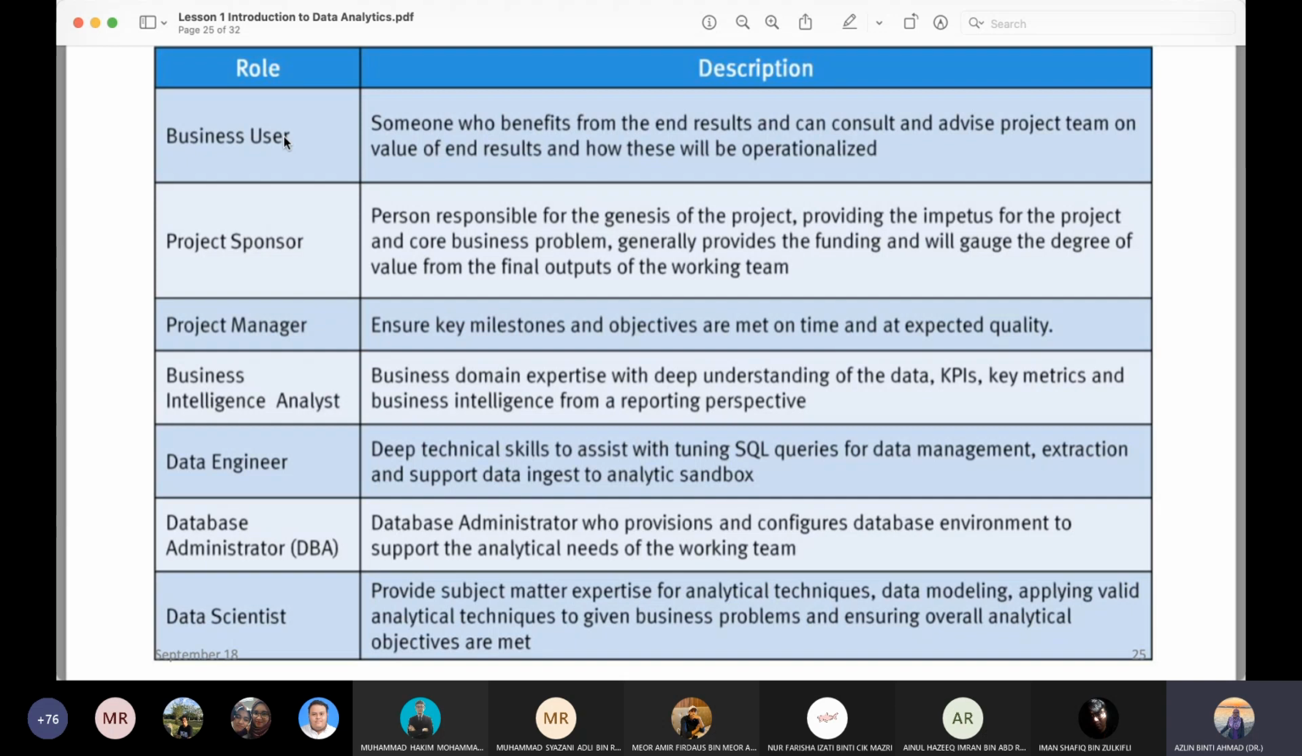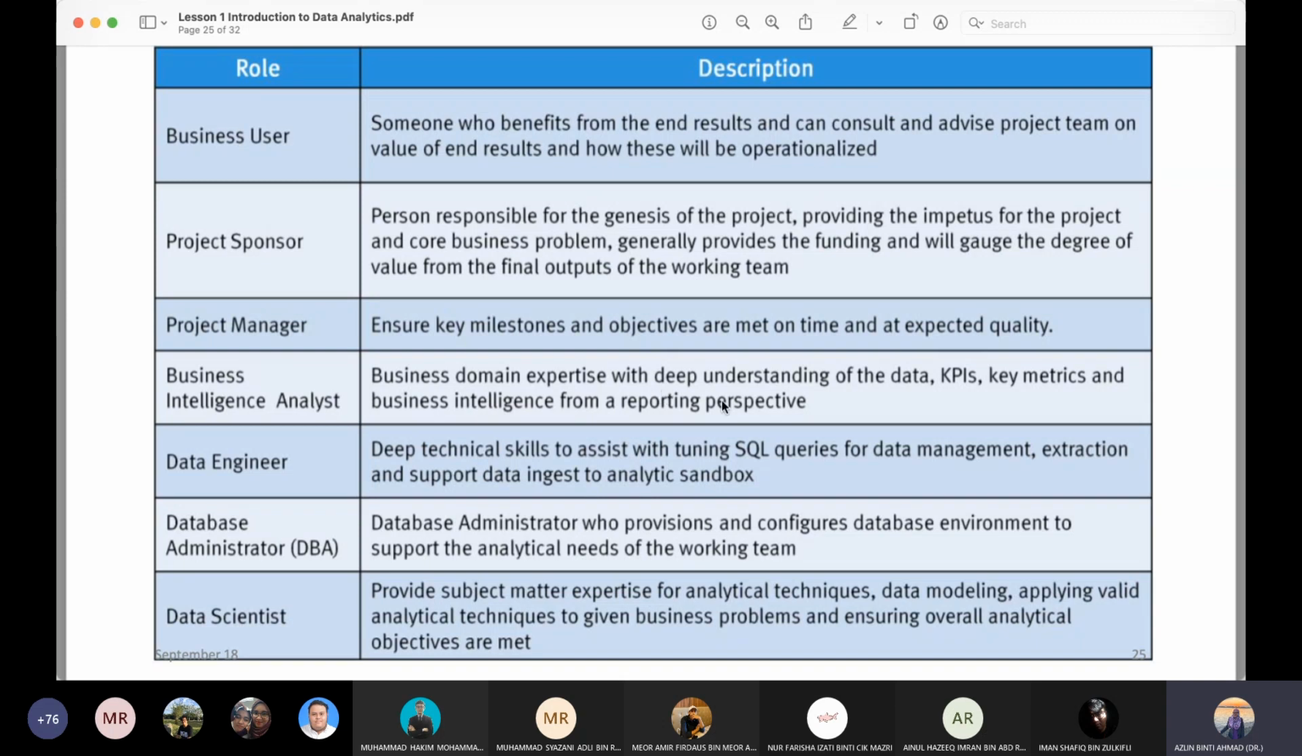provide impetus of the project and core business problem, and basically dia akan melibatkan funding lah. Okay, kalau projek tu besar, but basically kalau kata company tu yang nak buat, then they will sponsor by themselves lah, kan. So project manager is to ensure the key milestone and objective are met on time and at expected quality. Business intelligence analyst, where they will analyze, okay, the